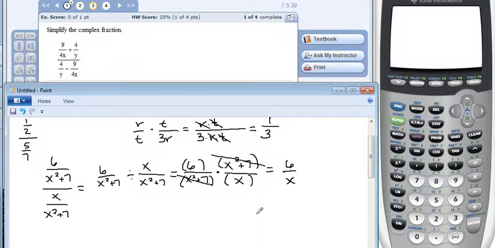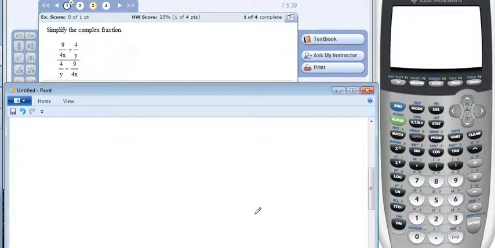Okay, so these last two aren't quite so easy because here we have addition and subtraction. Okay, so we have this over this. Okay, so before I do anything, before I start flipping and doing all that kind of stuff, because that's